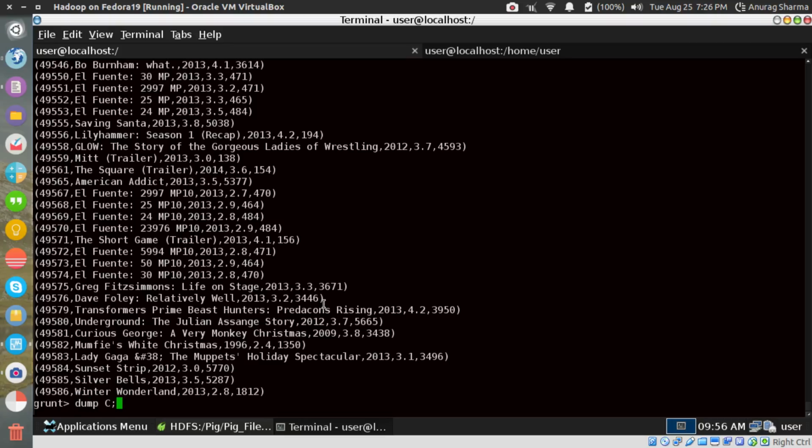What was the variable that I used? C. Right. Okay. So store C into... is the output directly creating a problem? Let me check. /pig. Let me not give an output directly for it. Store C into pig using PigStorage.